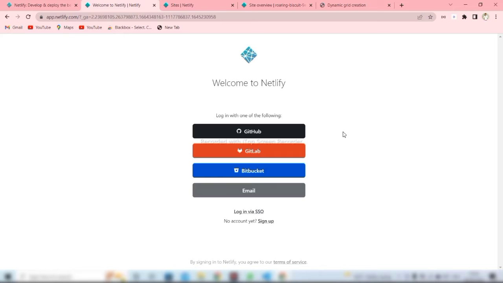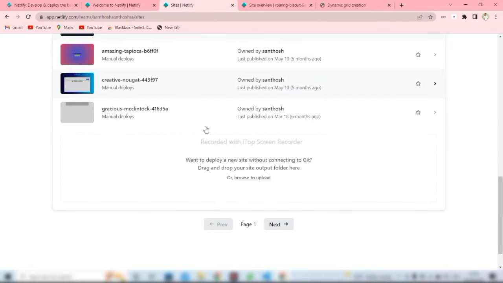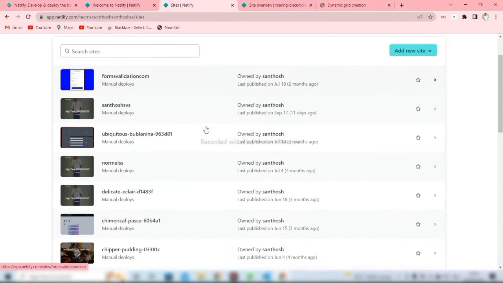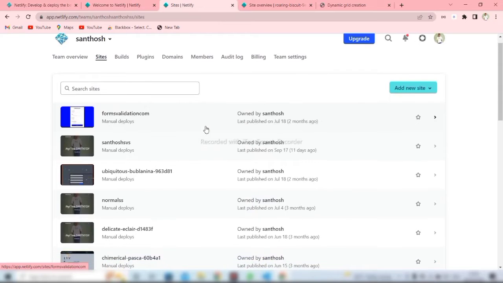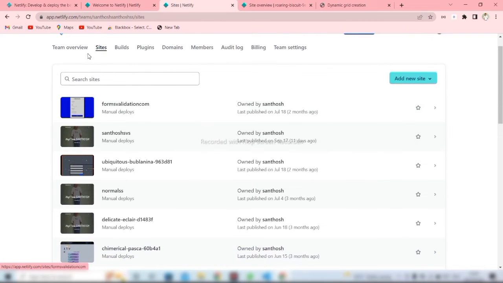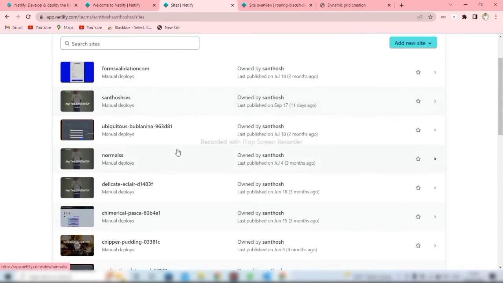If you have logged in with the GitHub account, I already have a GitHub account, so I will log in with it. I will click GitHub, and it will redirect to the site. This is the main site called netlify.com. If you scroll down,